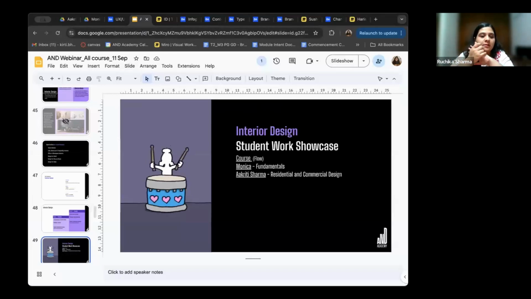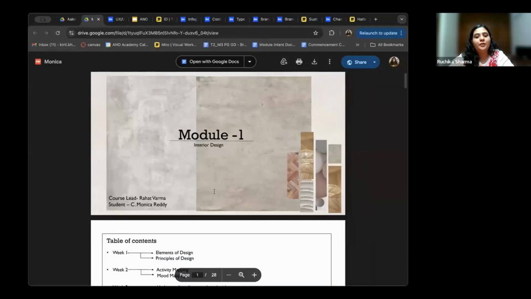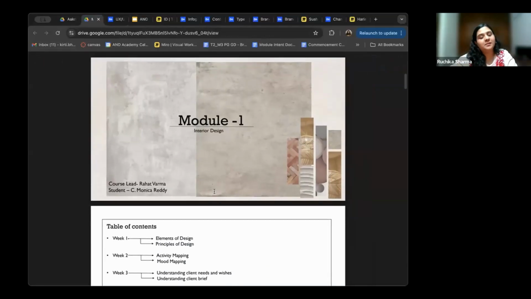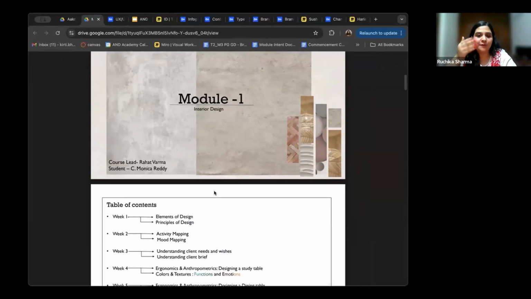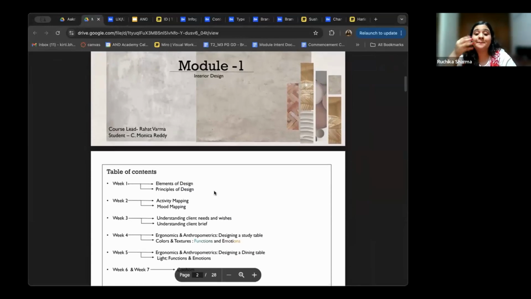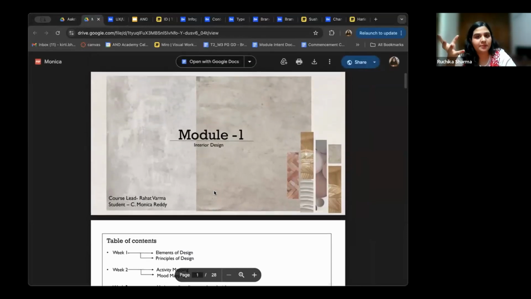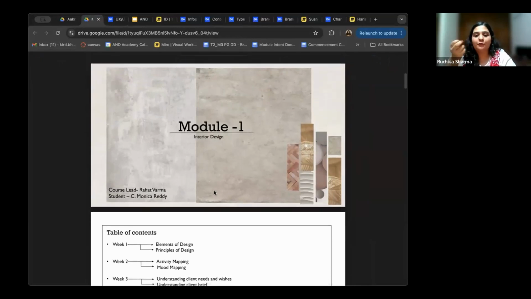Okay. Kirti, if we could share just the two on the bottom, the two links, Monica's and Akriti's. Okay, so looking at the student work, Monica is a student for whom we will be looking at all the fundamentals and how she's gone through everything that we teach her. Like we said right in the beginning, the courses are designed for people who have little to no experience in the field of design. So we start all the way from the smallest of details, and then we lead you all the way to designing a larger, more tangible space.